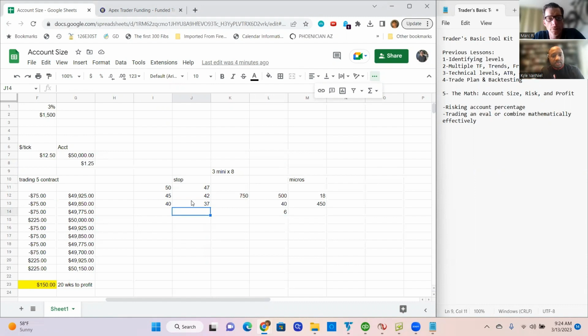Well, you need to be 3 points below that lowest entry at 37, but you enter at all of these, so your average is going to be 45. So if your average is 45 and your stop is 37, the difference between 45 and 37 is 8, which means every one of these contracts, or even if it's shares in stock, your stop is going to be 8 points below your average price. In this case, it's going to be 3 contracts because we're talking about futures. So if you're trading 3 minis and it's $50 a point, 8 times 5,